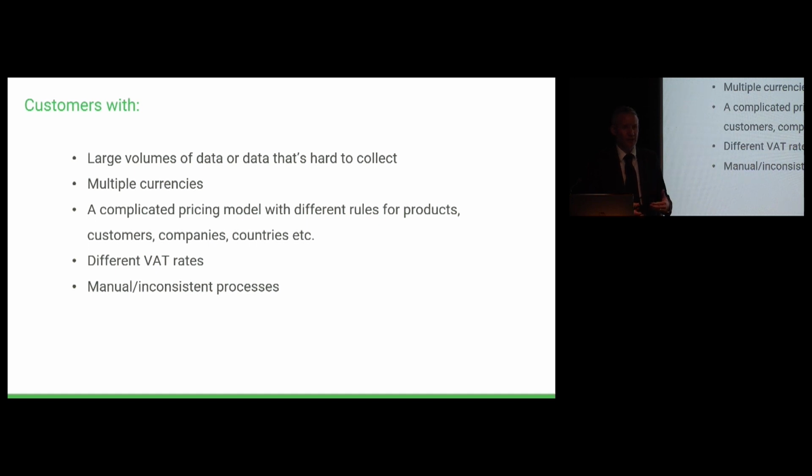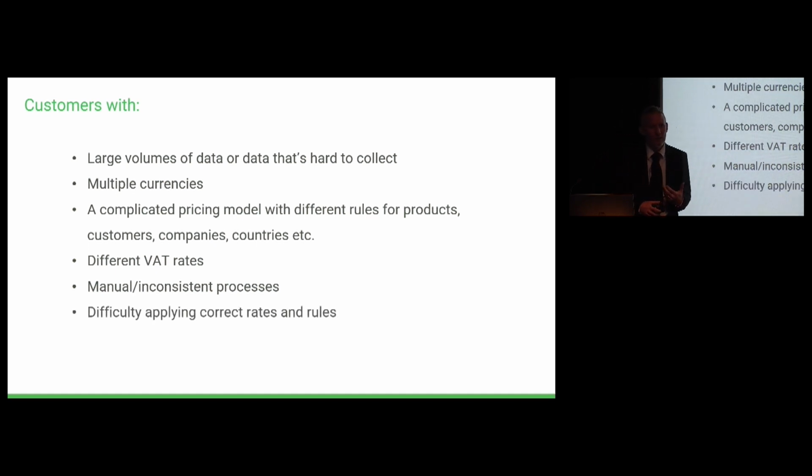If you're downstream, you're going to get what you're given, yeah, in most cases. So all of these are important, but for me, this is a standout one when I'm talking to customers about MBilling as a solution. And customers who have difficulty in applying the correct rates and rules because of the combination of